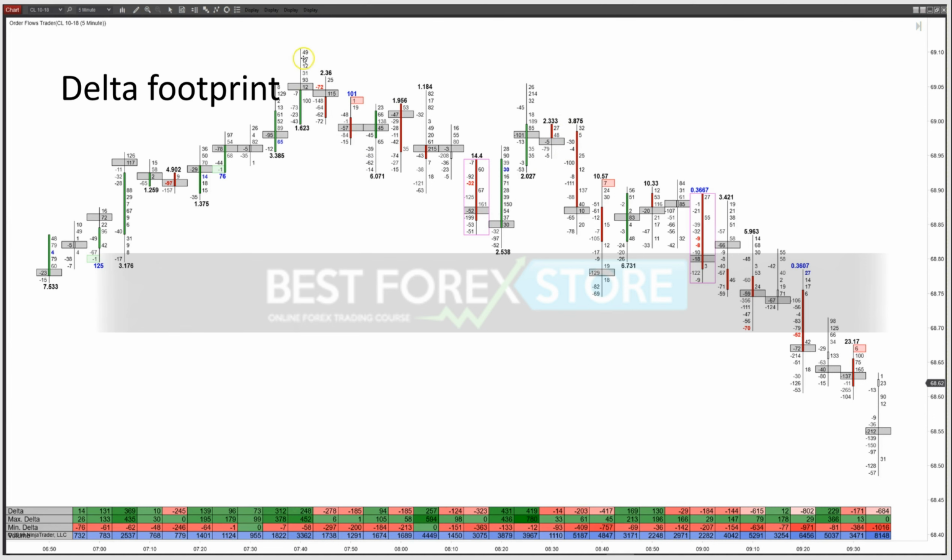Well, I'm going to show you in a different lesson, lesson 4, when I go over some of the trading setups, how to use this information. And it's actually quite revealing when you're looking at delta footprints in a bar, because think of it like this. If you're a tracker, if you've ever hunted, you'd look at the footprints left in the snow by the animals that you're trying to chase down, and it's the same with the delta footprint, because you can see that,